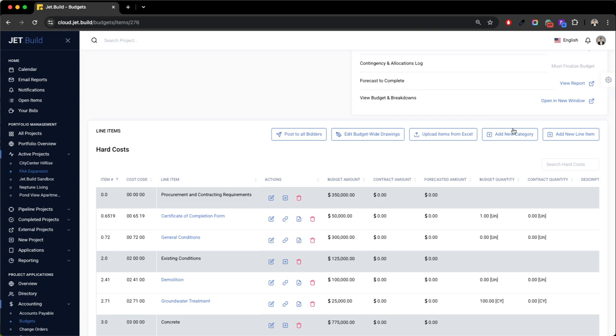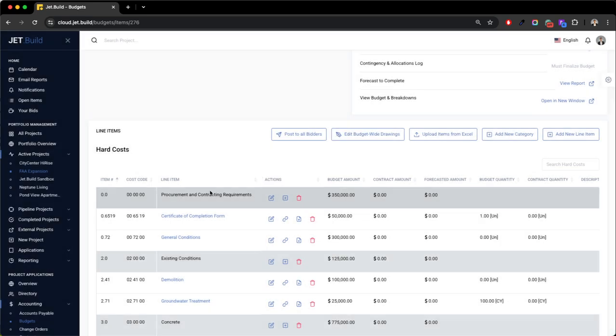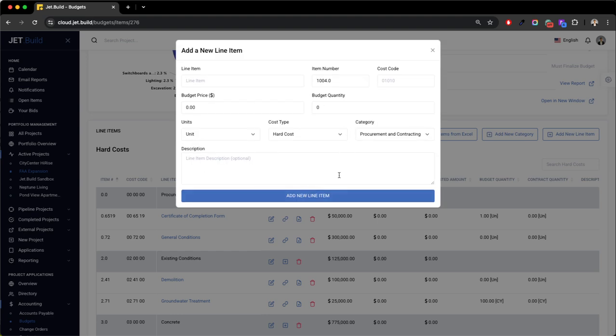And how this starts is, right, you'll first create a category. We got 3 cost types. You can use all of them. You could use one of them. Again, up to you. Within your cost type, right, you'll add that category accordingly, and it'll produce this gray line item. From there, you just select this plus action, and that'll allow you to build out line items within that